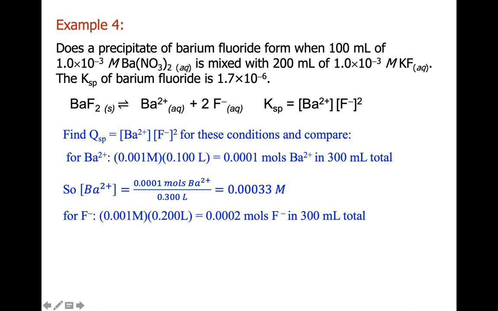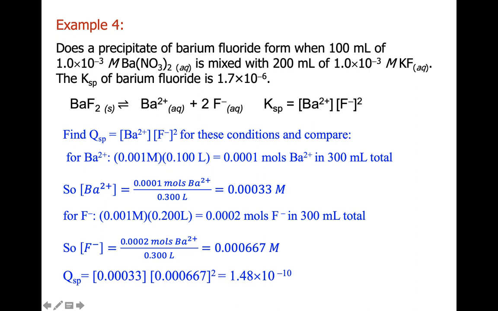For fluoride, we find the number of moles from what was added, right? 0.001 molar KF, 200 milliliters or 0.2 liters. So we've added 0.0002 moles of fluoride ions in 300 milliliters total. So for fluoride ion, the concentration in this situation is 0.000667 molar. So if we substitute that into our expression for Q, the concentration of barium times the concentration of